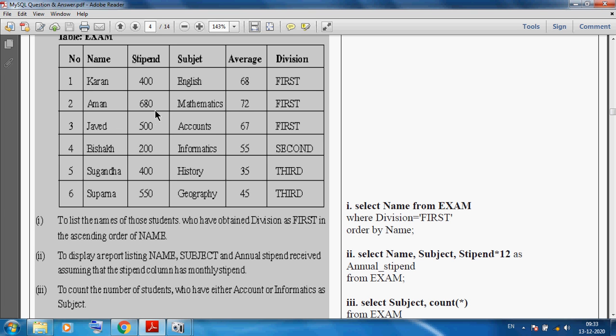But in a year we have 12 months. So Karan gets 400 in 1 month, so for 12 months we can say 12 multiplied by 400, that is 4,800. Karan's annual stipend will be 4,800. So you can see here name, subject and stipend. This stipend is monthly, but I want to show it annually, so we multiply by 12